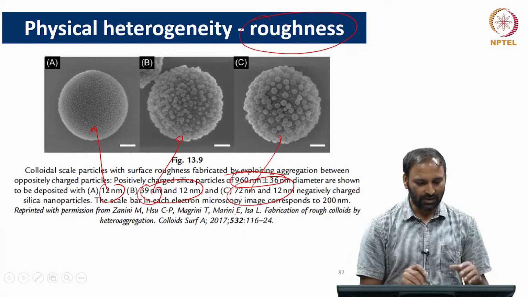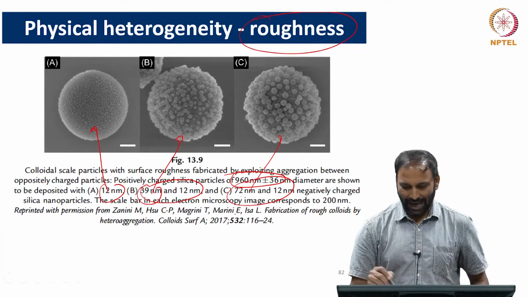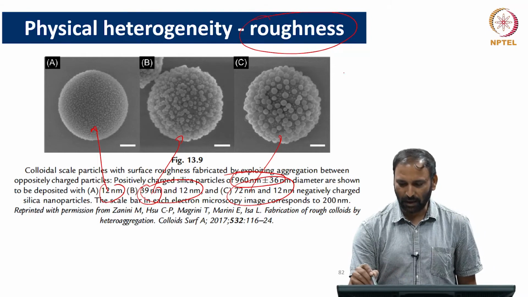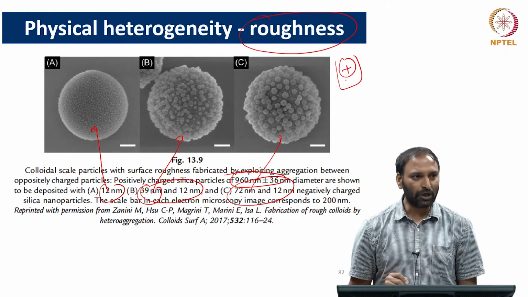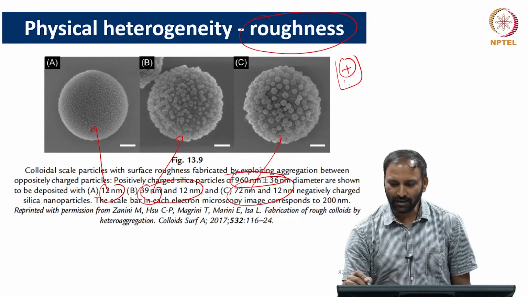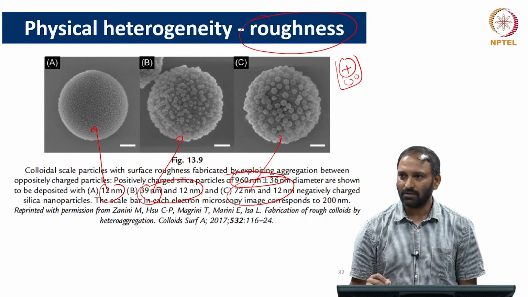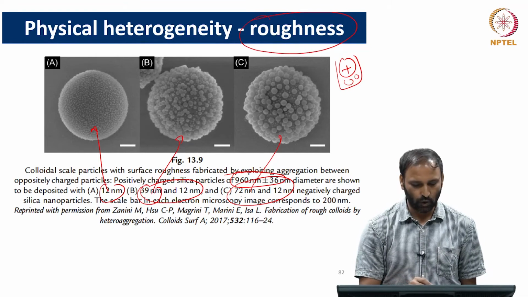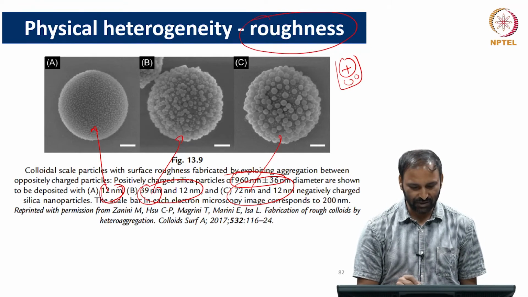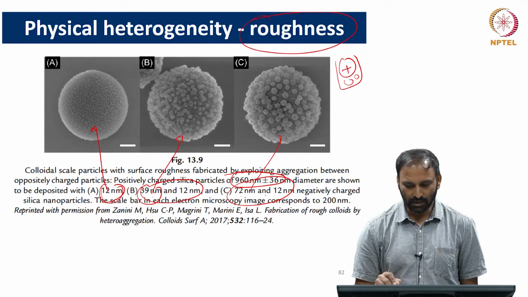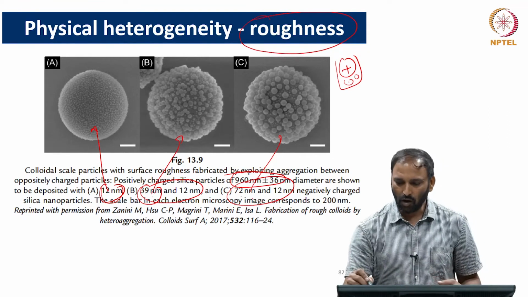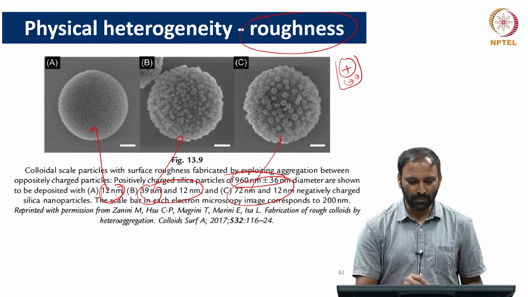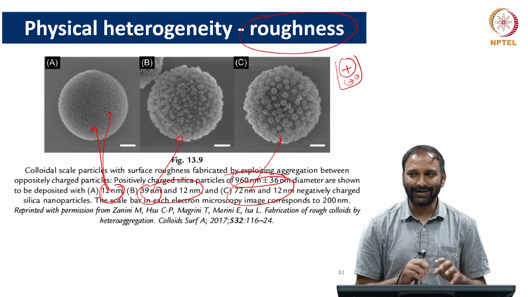So, these are examples where I have a large positively charged particle, and they are put into a solution which has negatively charged particles of different sizes. In one case only 12, in the second case a mixture of 39 and 12, in a third case a mixture of 72 and 12, and because they are oppositely charged, these smaller particles are going to get deposited on